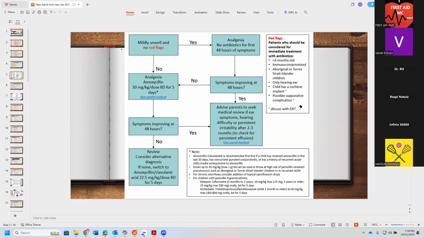What's the treatment in suspected viral otitis? Viral otitis, Dr. Sandra, is the most common cause of acute otitis media. That is why in the first 48 hours of any child presenting with acute ear pain and fever, we just give paracetamol and ibuprofen. Because most of the time, virus is the cause of the otitis media and it responds quite well to analgesia.